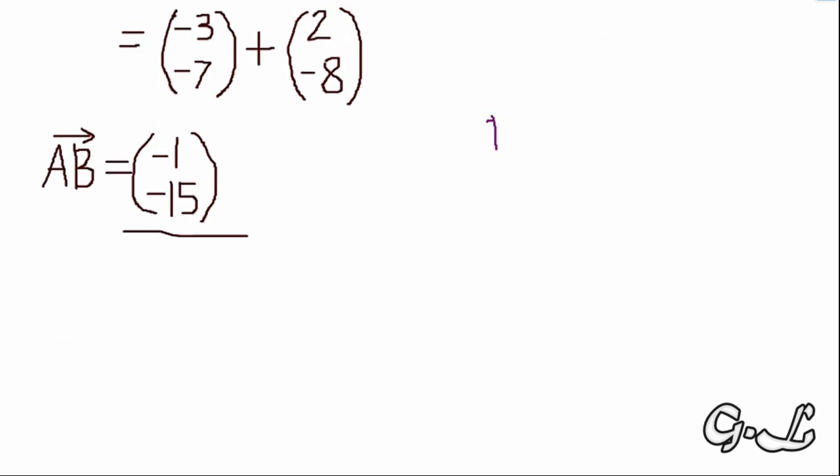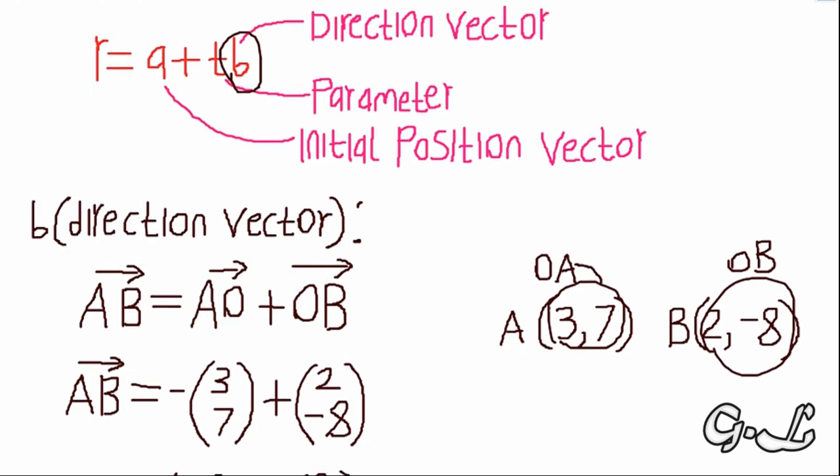And then the next thing that we're going to consider is that we have to find A, which is the initial position vector. What they mean when they say initial is where it is starting from. So in such a case, we're given that AB, the vector, the line, is moving from A to B, meaning that for our initial position vector, we're going to consider A,